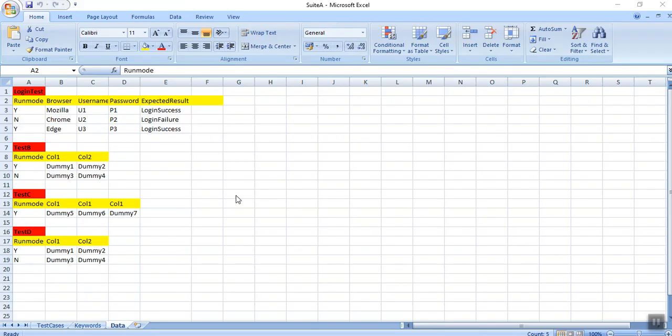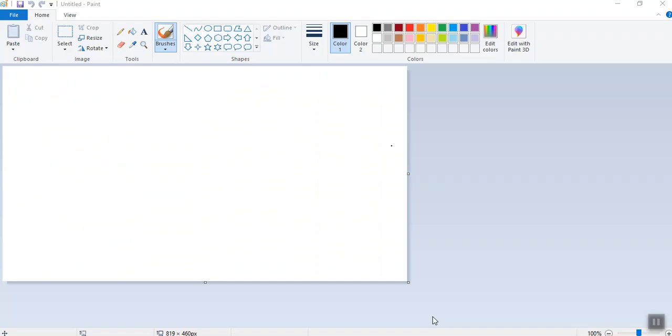Now what we have to do is create a data table. We will have 5 columns and 3 rows. Tomorrow there can be changes. There could be 6 rows or 7 columns. So we have to make things dynamic. That's why we are using hash table. So what I will do here is create a two-dimensional array.